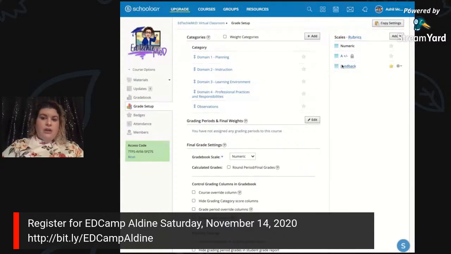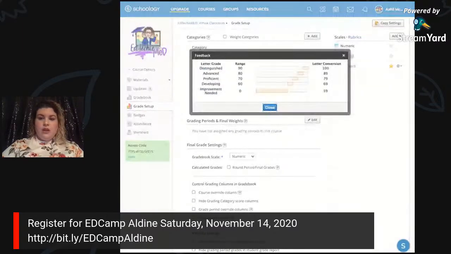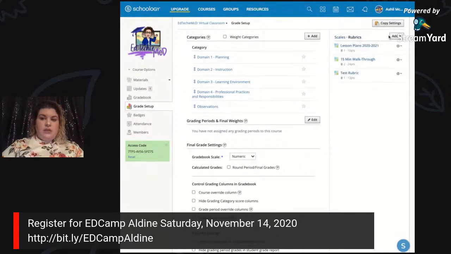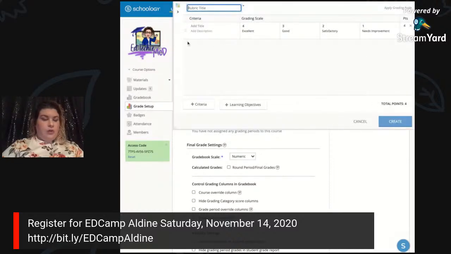So this is where I created that feedback scale, where it says distinguished, advanced, proficient, development, and improvement needed. And when you click rubrics, if you click add, this is where you can build out a rubric.